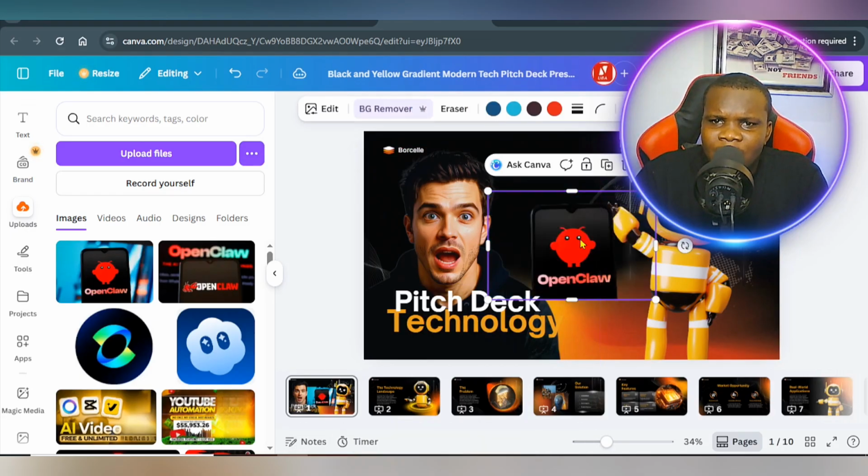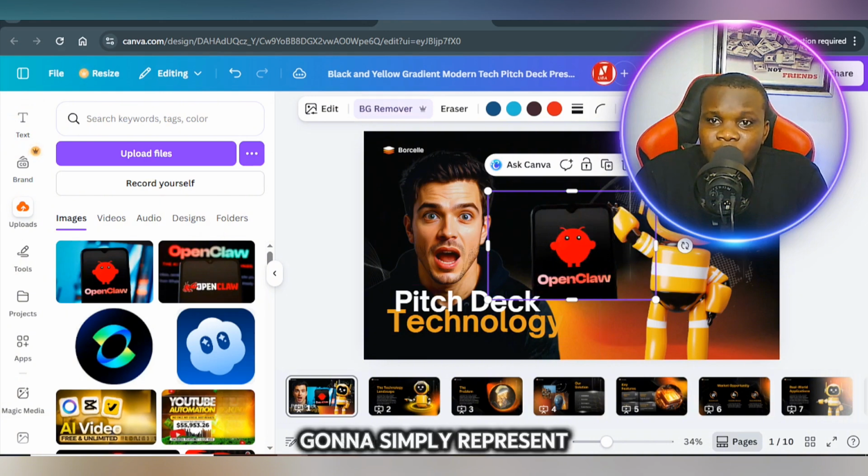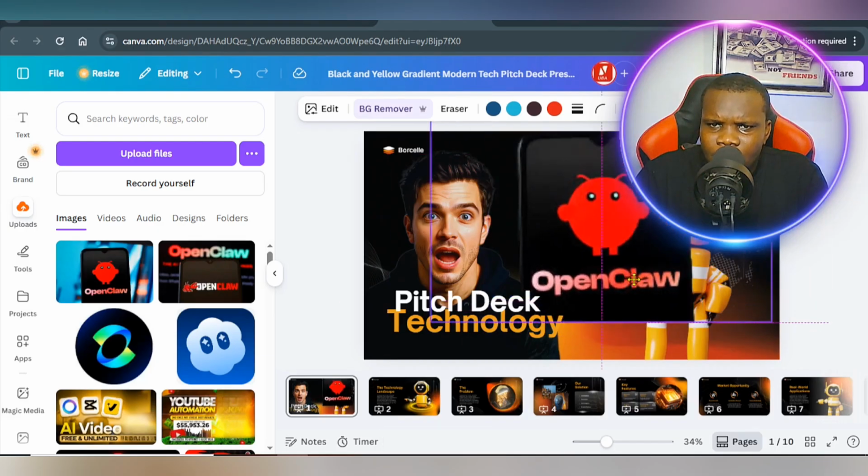Okay, so this is what we have now. We have the mobile phone, which is the OpenClaw. That's going to simply represent the app we're talking about. Okay, so